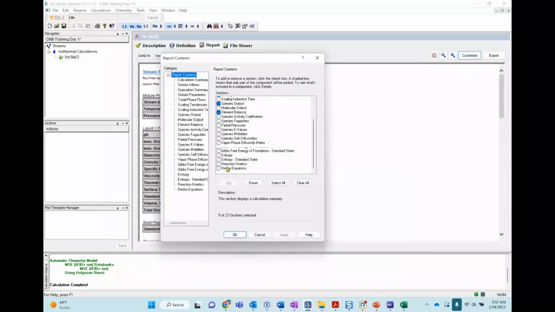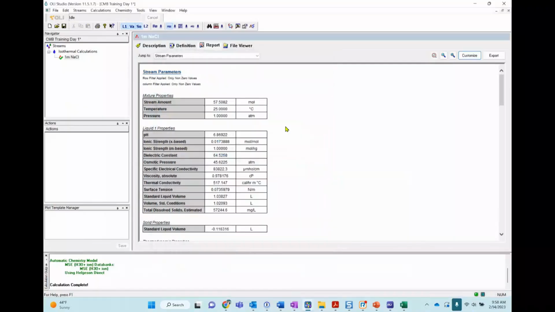And you'll see that, for example, if you were interested to know partial pressures, which we will not have because we don't have a vapor phase, or the activity coefficients, or any other value. For example, what else? The species K values. You can add those to your report and click OK.